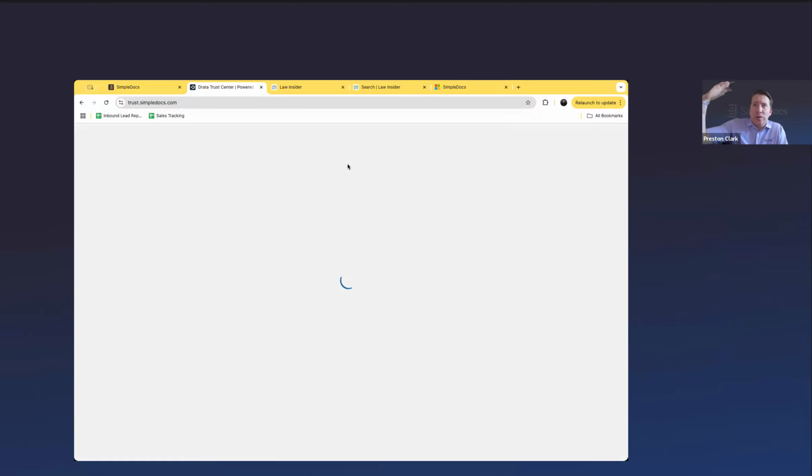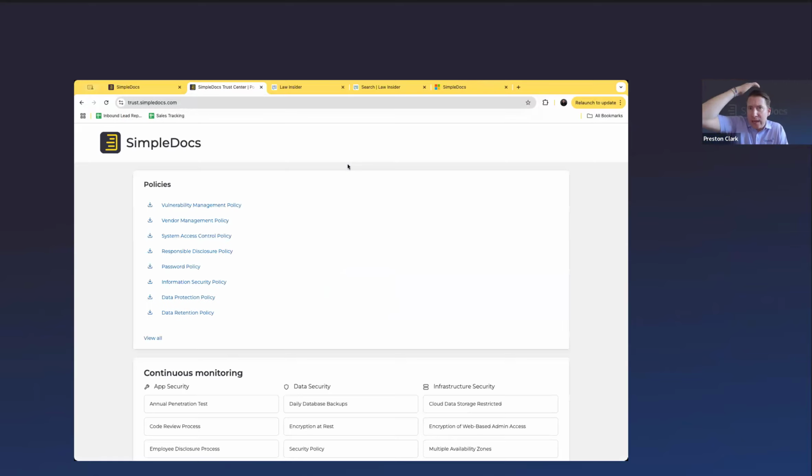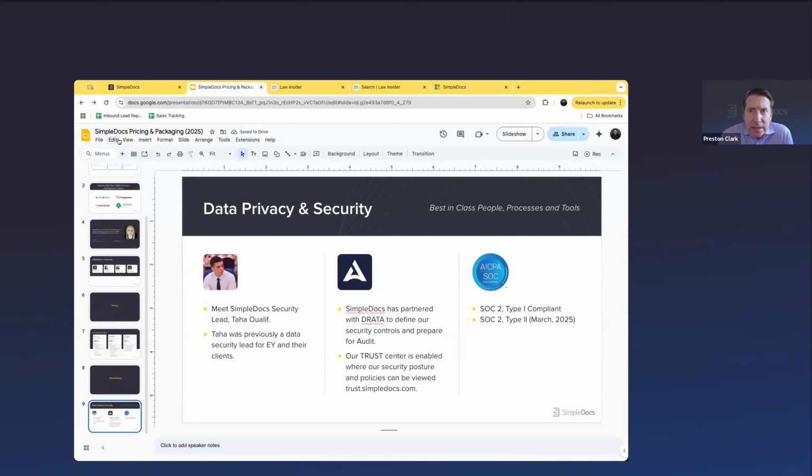And we're very happy to run through this. So if you're saying, hey Preston, this looks good, we want to test it out, but we have some questions, send us those questions, send us that AI task force 12-page questionnaire, and we will complete it for you and make it easy for you to get this approved. We do this for large publicly traded companies, for financial institutions, for very, very regulated industries. So I trust that we can get through that part of the process with you as needed.